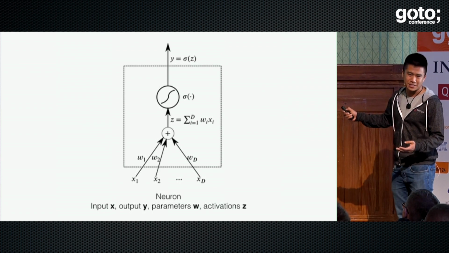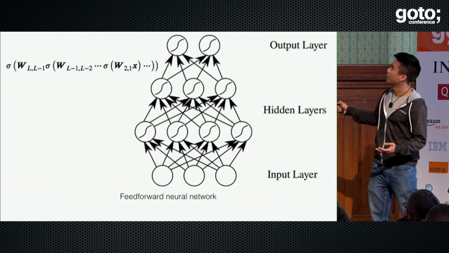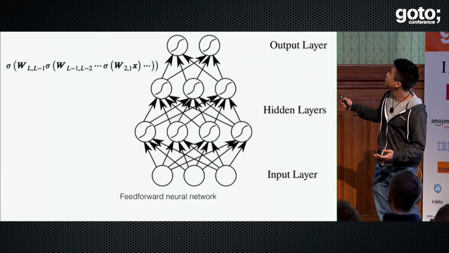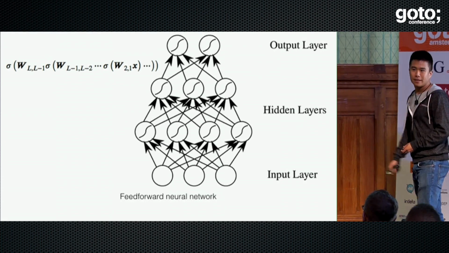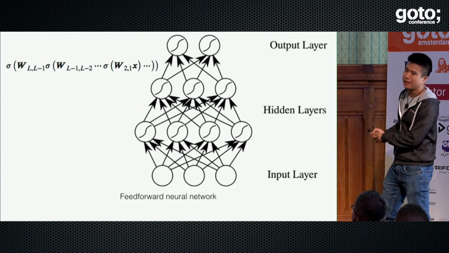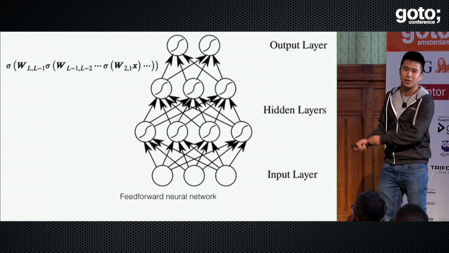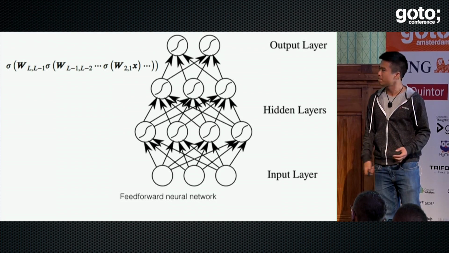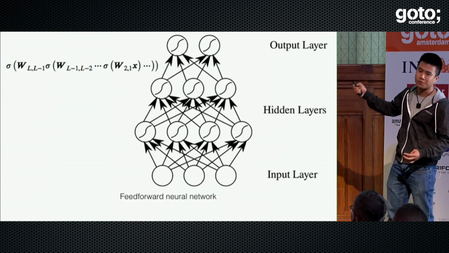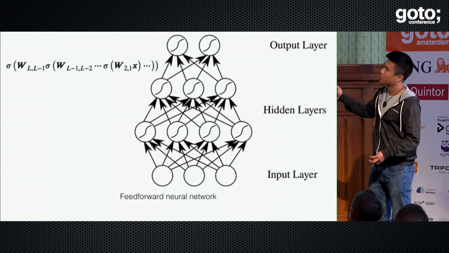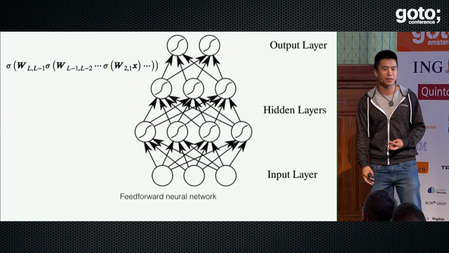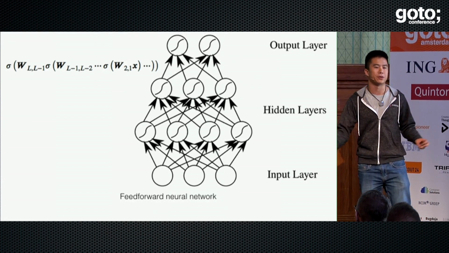You take these neurons, you stack them horizontally, and you get what's called a layer. So here I'm just showing 4 neurons in this layer, 3 neurons in this layer, 2 neurons in this top layer. And I've represented the network like this. Here we take the input x, so this bottom part. We multiply it by a matrix now because we've replicated the neurons horizontally, and w represents the weights. And we pass it through this sigmoidal activation function to get these first layer outputs. This is recursively done through all the layers until you get to the very top where you have the final outputs of the model. The w's here, the weights, those are the parameters of the network. And these are the things that we need to learn in order to train the neural network.